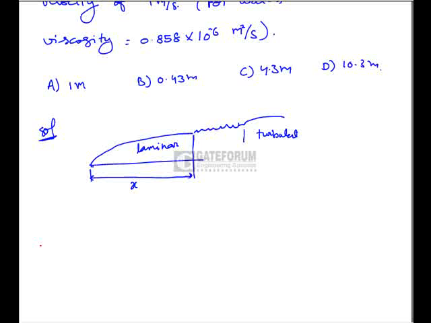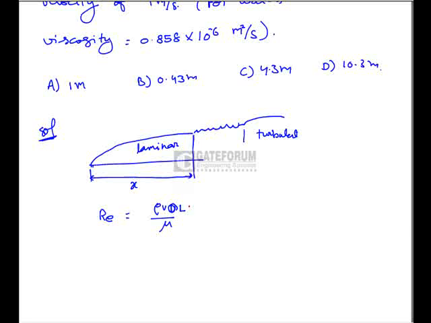this distance. We know that the Reynolds number is given by rho V d by mu, where rho is the density of the fluid and V is the velocity of the fluid. D is the diameter, or for the flat plate it is given as the length of the plate. D is the diameter for a tube. If it is an internal flow, then it is the diameter of the tube. If it is external flow, then you will have to take the characteristic length. That is nothing but here it is x, and here mu is